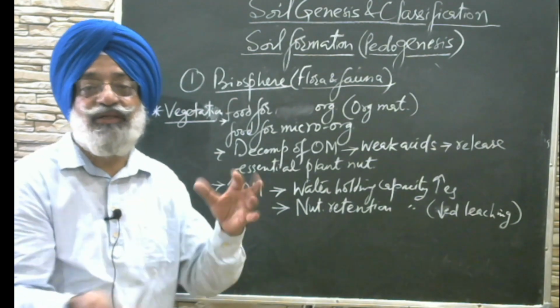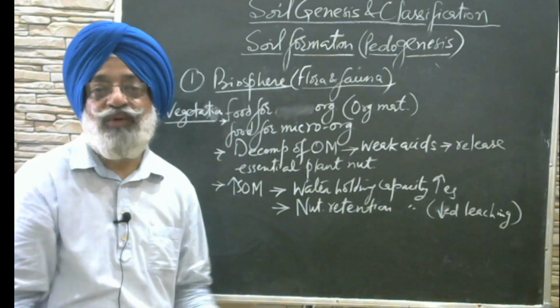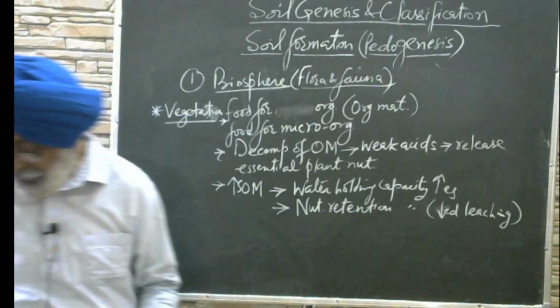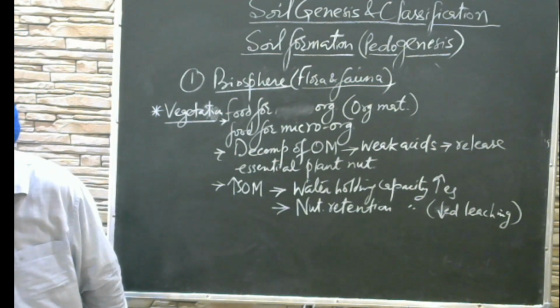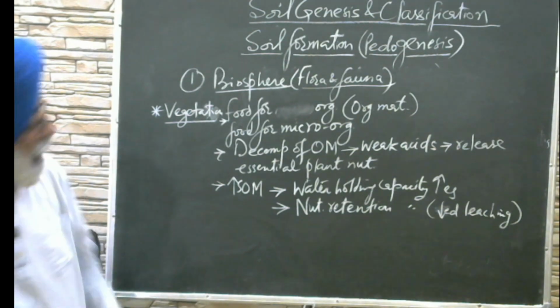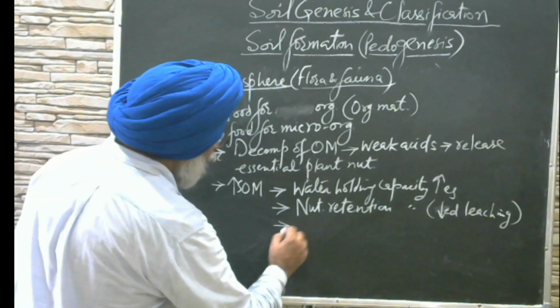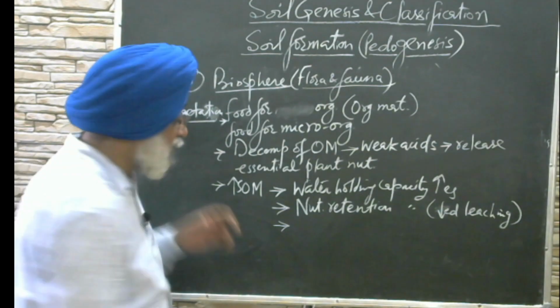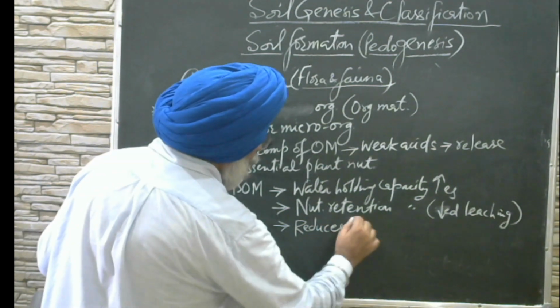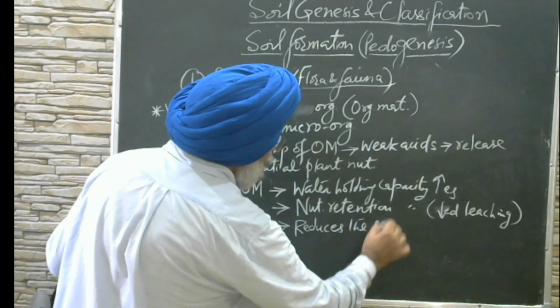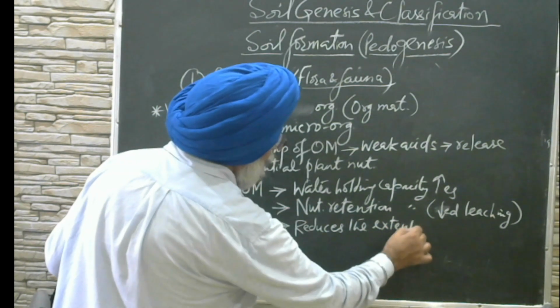So nutrients get dissolved in water and move out of the layer, and that layer of soil loses the nutrients. Of course, if you have a good amount of organic carbon in the soil, then it reduces the extent of soil crusting,